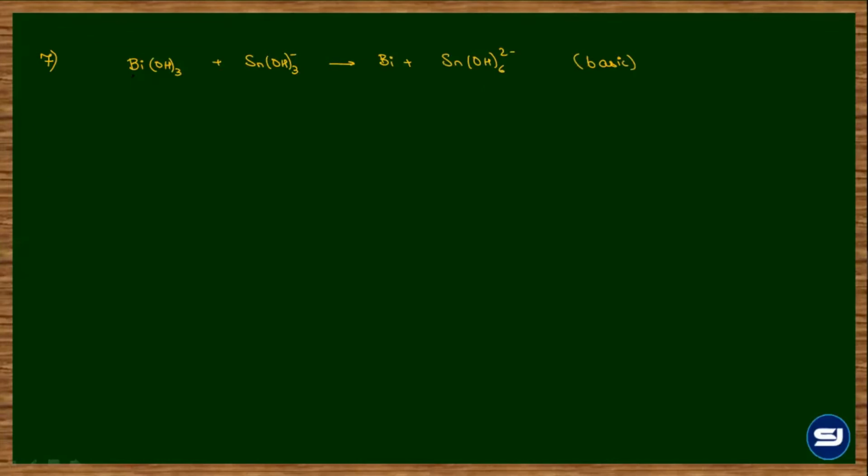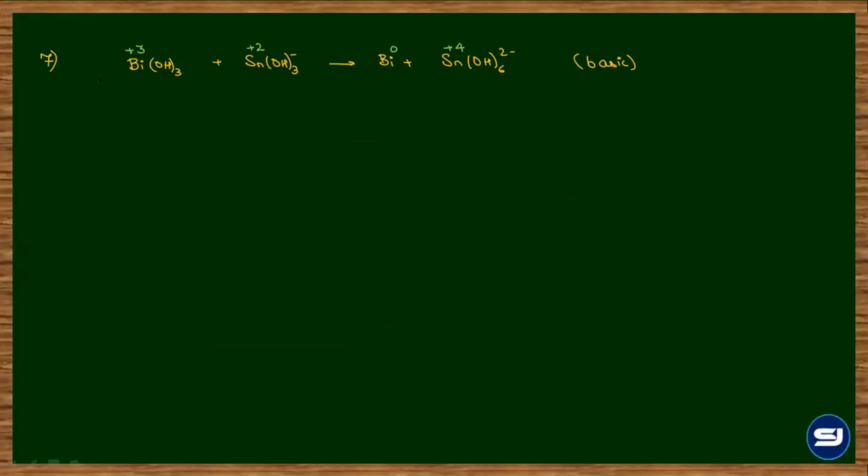So what is the oxidation number of bismuth? Those who have solved, they can speak. +3, because OH has a -1. So on calculation, it will be assigned an oxidation state of +3. For Sn, +2. Bi in the neutral form would be 0, and Sn goes to +4. Okay. So now in step 1, we also see whether all the atoms barring hydrogen and oxygen are balanced or not. So if we look at Bi and Sn, they are balanced.